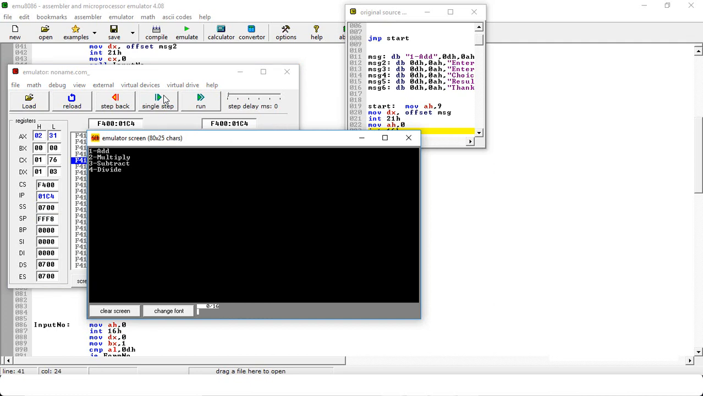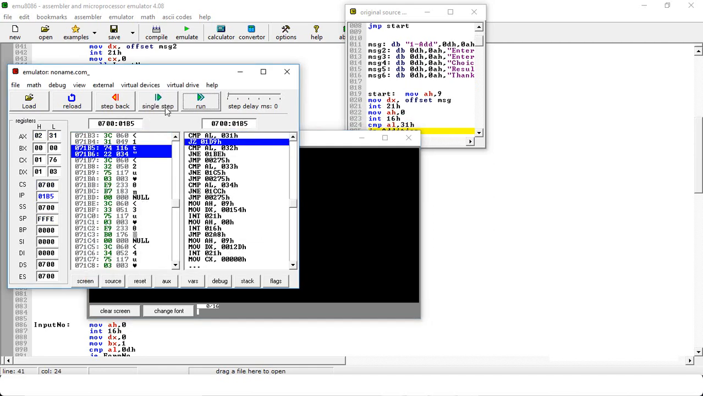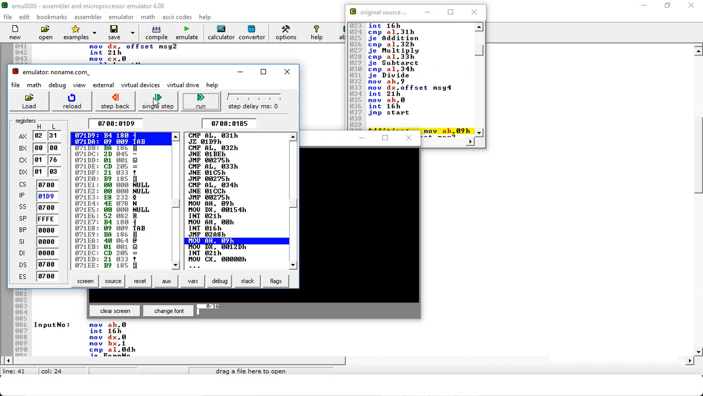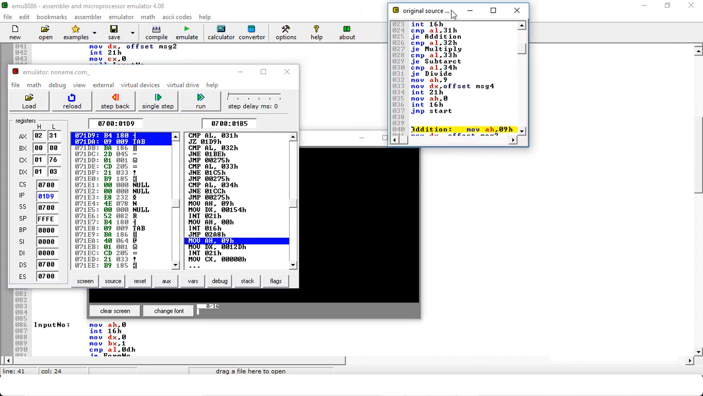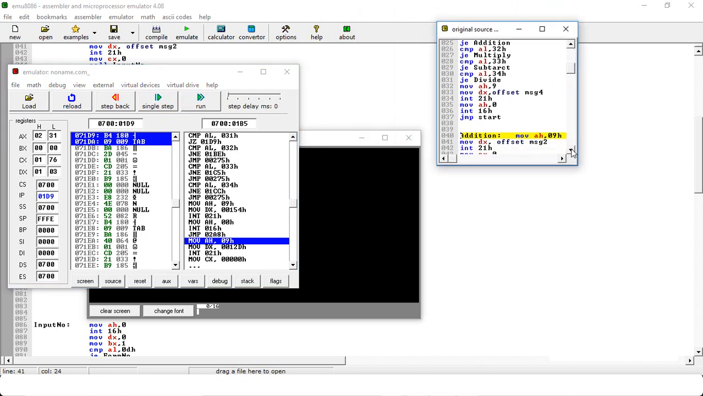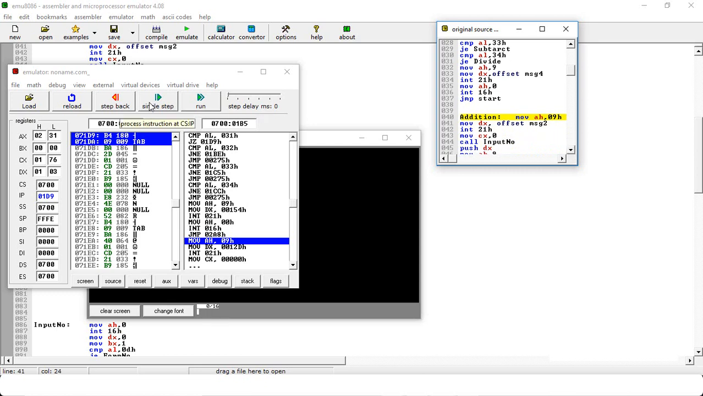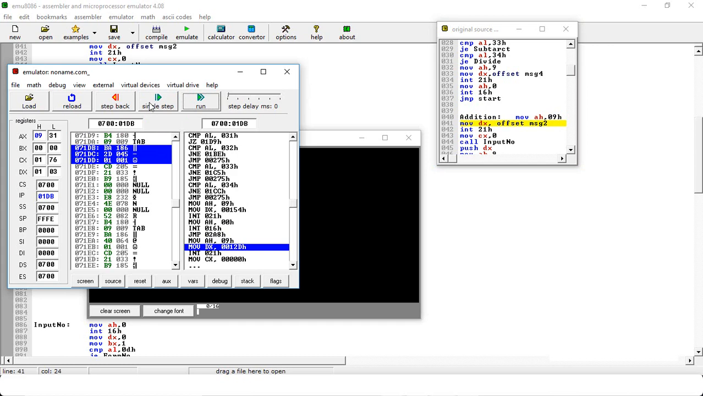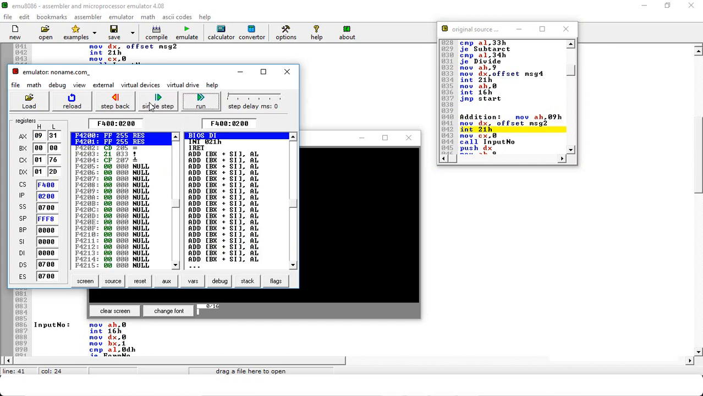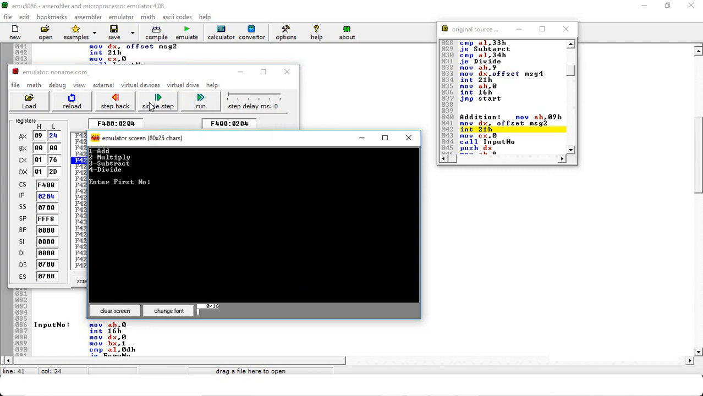I press 1, so the value stored in AL is 31, which represents add. He will compare the value of AL with 31. If it's equal to 31, he will jump into the addition procedure. So here you can see the code. He jumped into the addition procedure, and then he will give us the first message, which is enter first number. Enter first number. Okay,